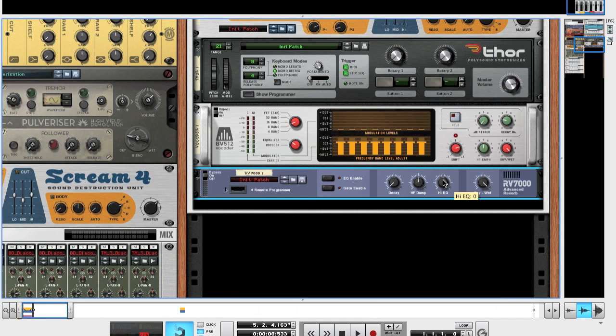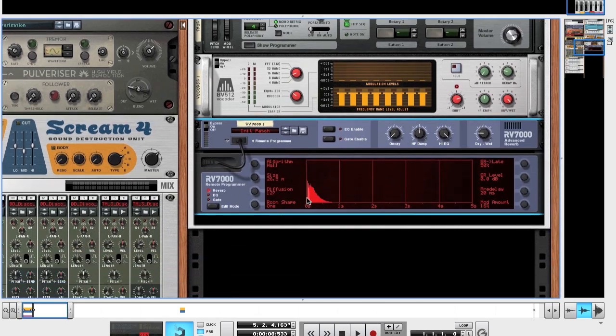The high EQ you're going to want a 63, which is all the way up. And the dry wet you're going to want to bring down to 22. And then pop open the remote programmer, change the algorithm to small space, and then bring down the size to